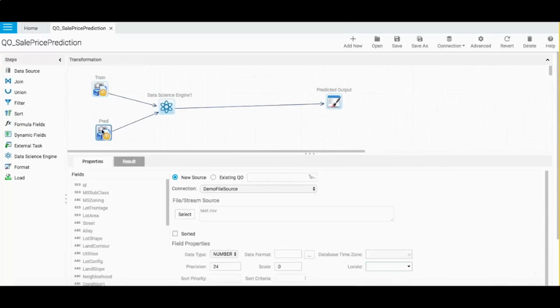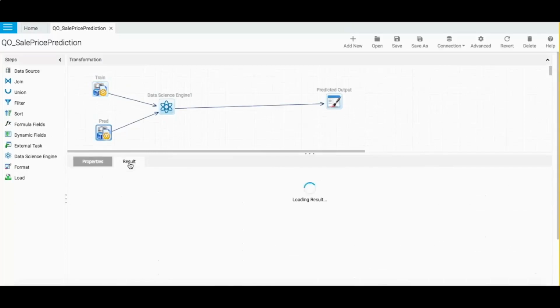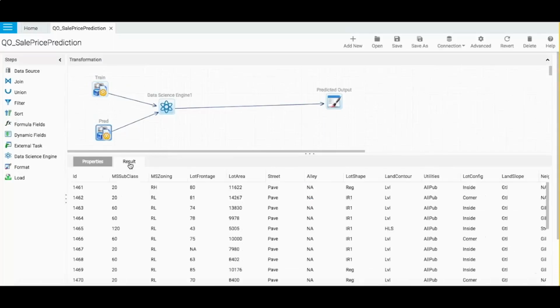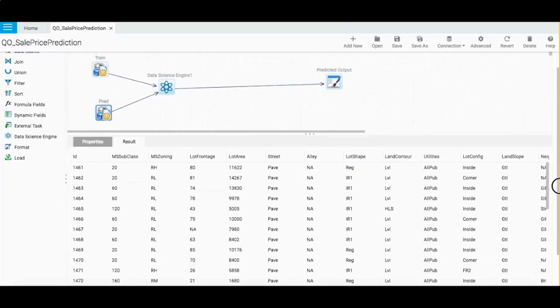Yeah. So this is the futuristic data set. I can have any number of attributes out of those 70 attributes that we mentioned in this data set, and essentially this will not have the sale price.